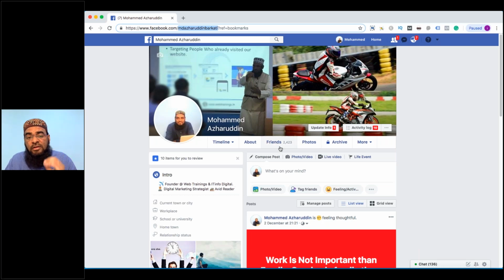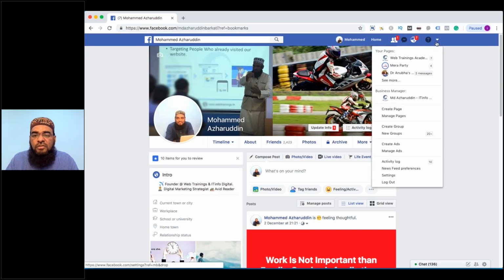So because you can get a lot of value from your personal profile, when you share on your personal profile, etc., it will be much more valuable and effective. So that's a small point of view. But I'm not discussing the personal side now. We are more focused on the other side of our business, which is the page creation process. So you can go here, click here, and go ahead and create a new page.